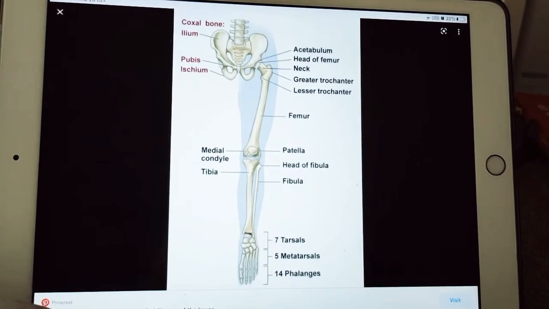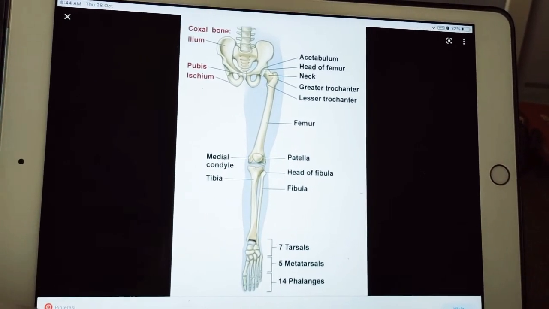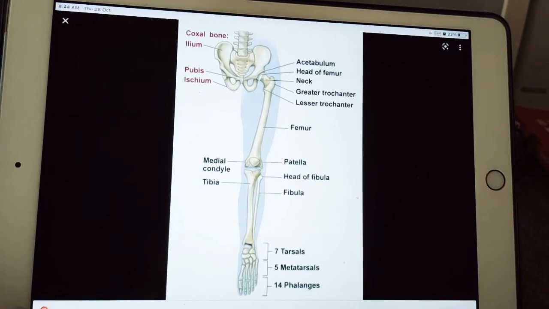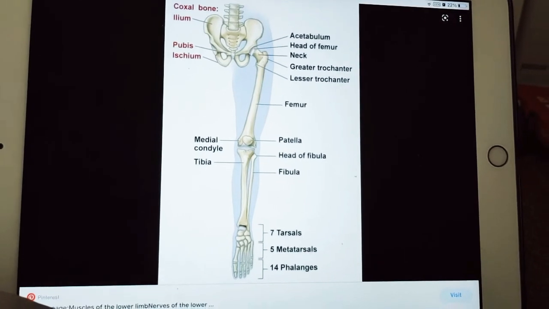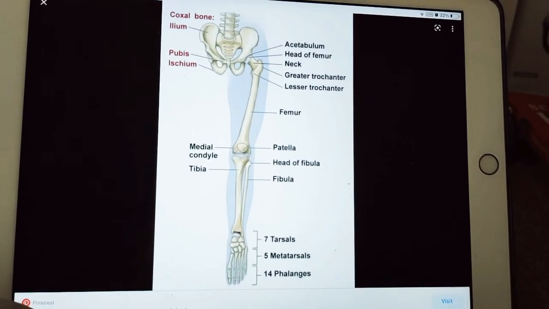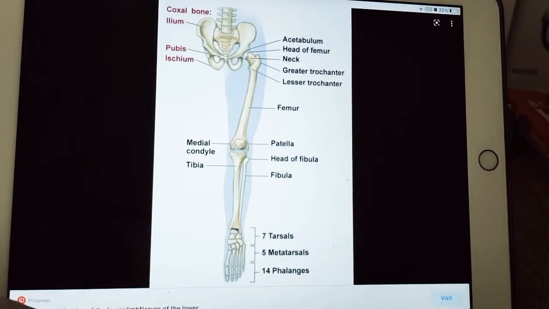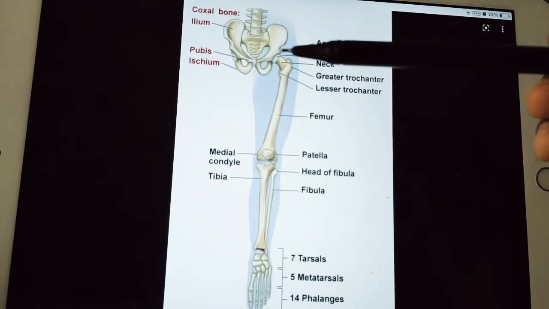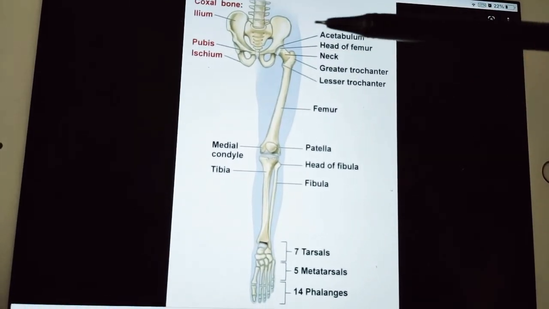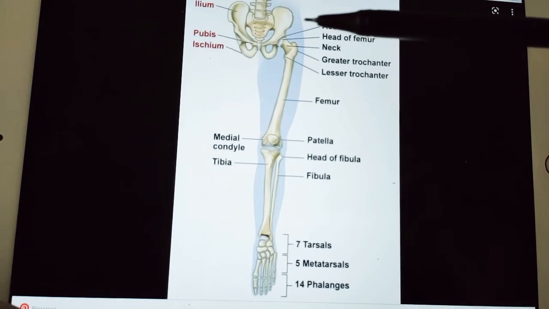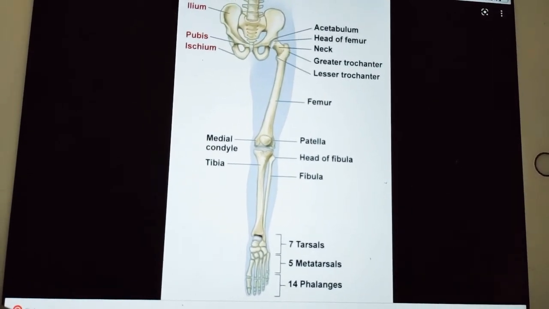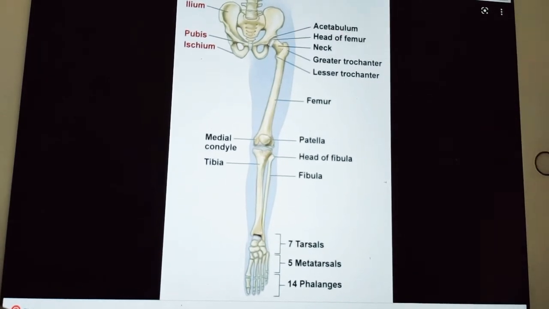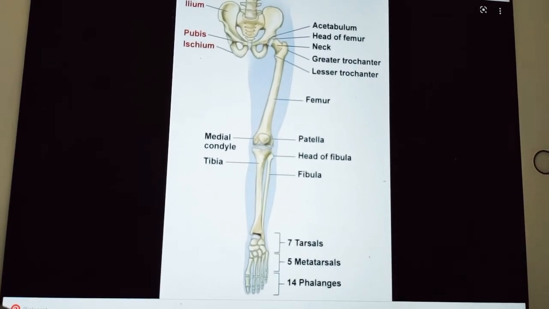And one more thing, they are anti-gravity muscles, as we already discussed. So these muscles have heavy bulk. What are those? Mainly the first muscle you see is the gluteus maximus. The gluteal muscle is around your hip region, right? That is the gluteus maximus muscle, which is mainly an extensor of your hip. Of course we are going to learn them in detail in other videos. This is just an introduction.